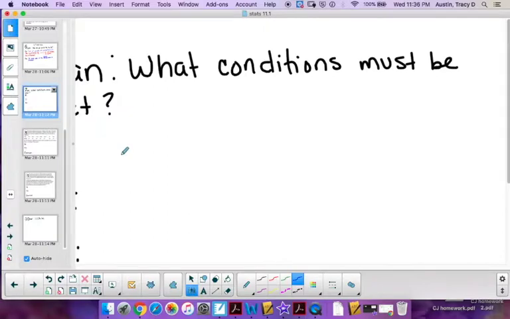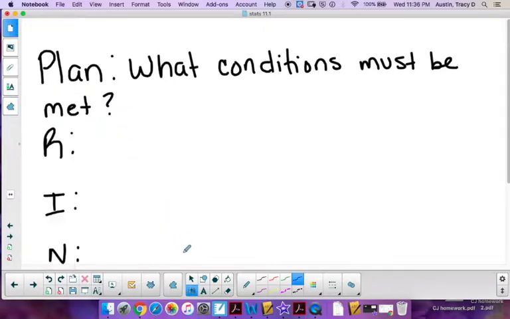So now let's talk about the conditions, because these are the 2 things that you're going to work on today, which is basically the state and the plan. Okay, so what conditions should be met? The neat part is it's still random, independent, normal, but normal is the only thing that gets changed this time. We're still looking for either random selection,